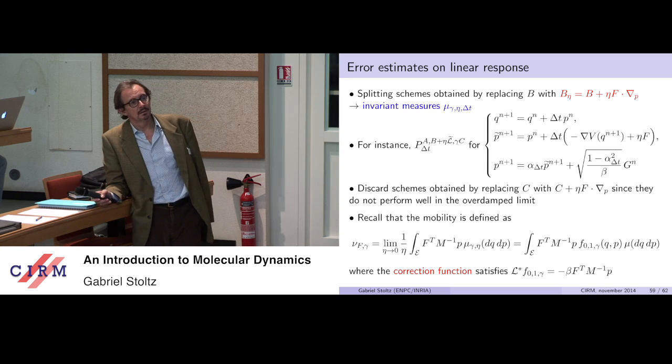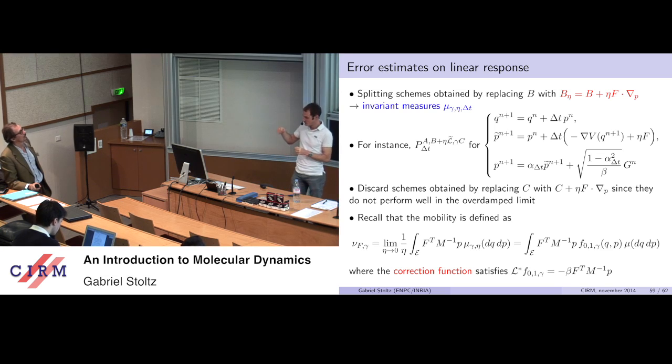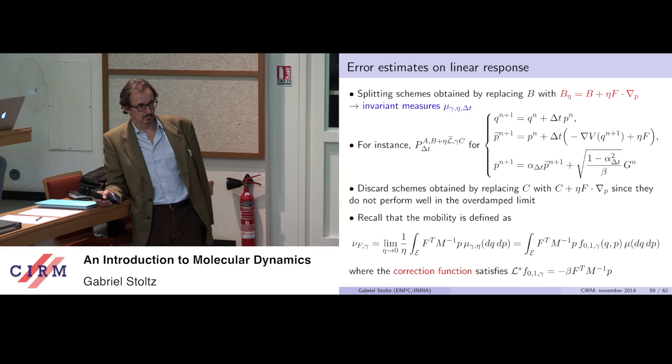In practice, of course, most people don't do that. They would do one very long trajectory, and they would say that along the trajectory, points are distributed according to the canonical measure, and so they would compute cross correlations along the trajectory. That's another way to do it.